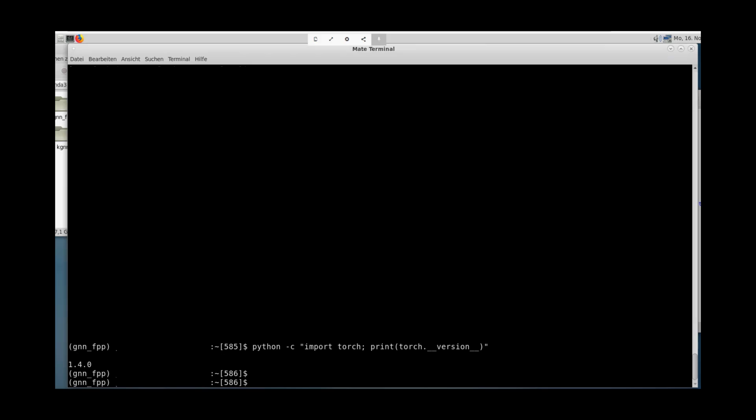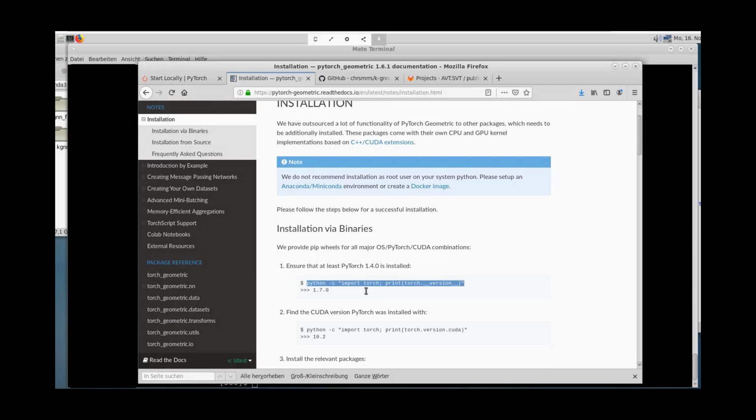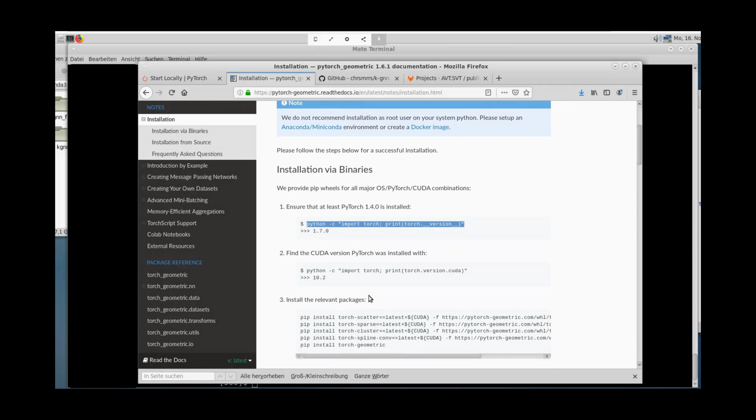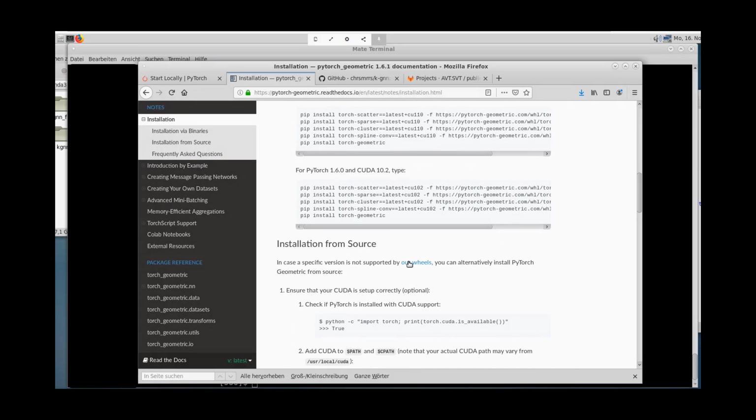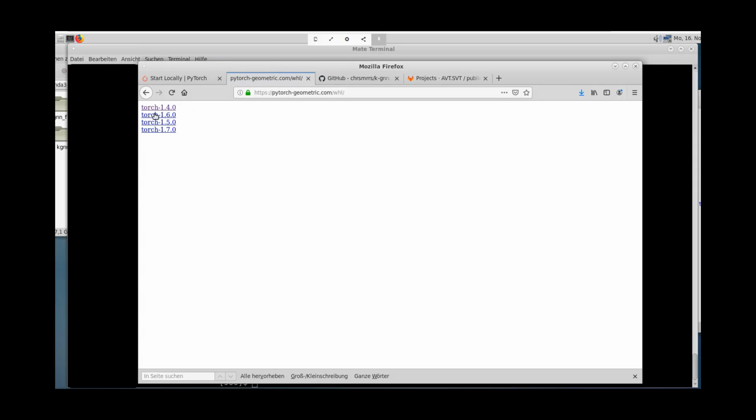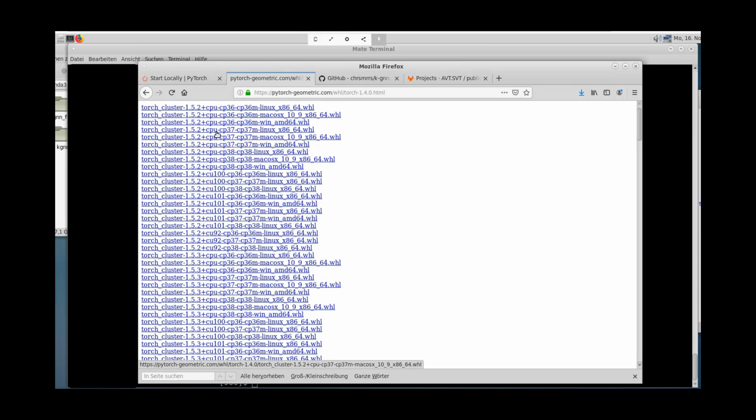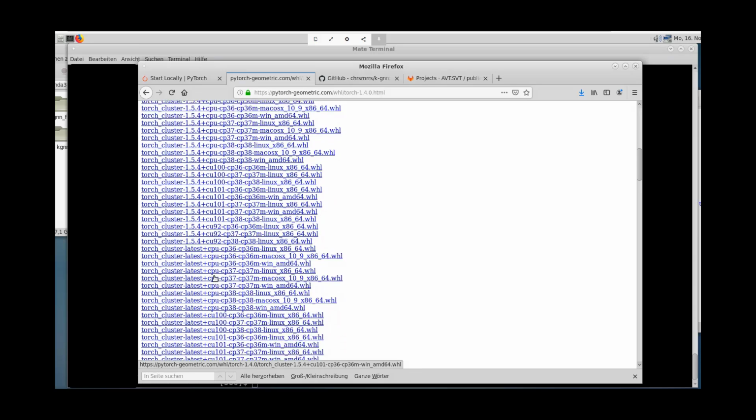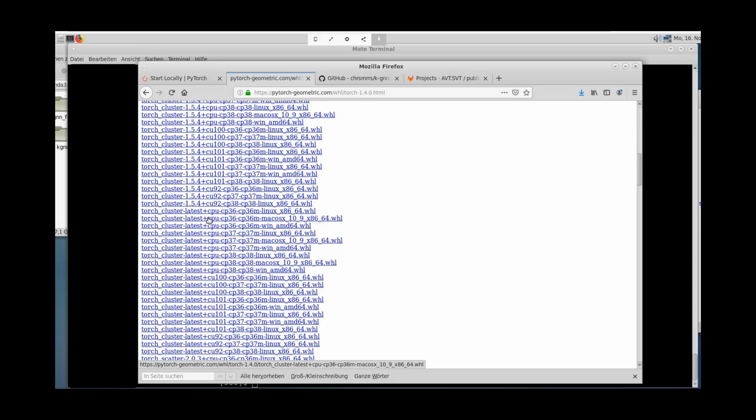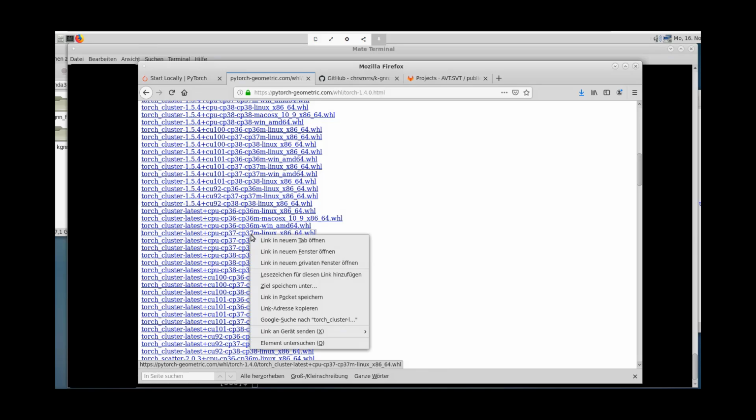So in my case, this is the torch version 1.4. And also if you have installed CUDA, you can check your CUDA version here and next install the torch packages from source. Therefore you can click on our wheels, select the torch version, and then you have to find the system parameters here. So for torch cluster, for example, you go to torch cluster, the latest version. In my case, it's Python 3.7 and the Linux system. Then I copy the link